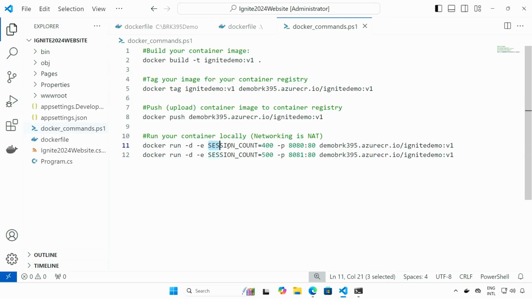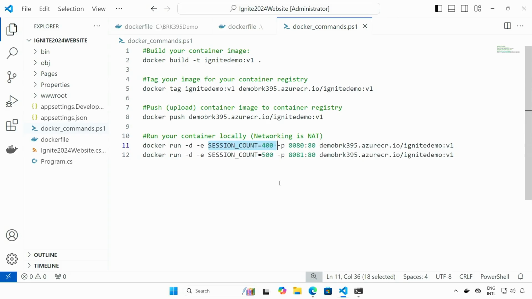Now, the one thing I wanted to notice here is the session count. One of the things about containers is you don't want to hard code configuration about the application into the application itself. If you deploy in the testing environment, you have a database connection for the test database, with a connection string and a username and password. If you deploy on a production environment, that's a different database with a different connection string, different username and password, right? Because we want everything to be reusable, that configuration is not inside the container image, but the container image needs that information in order to run.